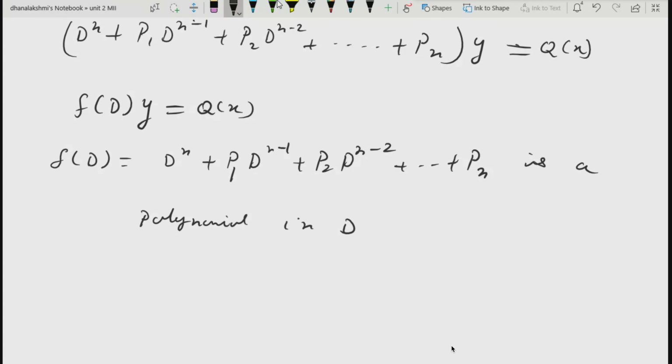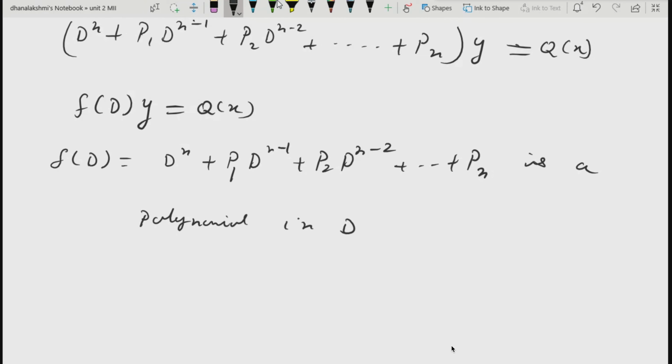Now here the question arises on the RHS. If this is your differential equation, this is a linear differential equation with constant coefficients. So that RHS q(x), you have two things there. One, it can be 0, and other, it can be some function of x. When I say some function of x, it can be a constant also. Even a constant can be assumed as 2 times x to the power 0. Can you assume it or not? Yes, ma'am. So two options: RHS can be 0 or RHS can be some function of x.